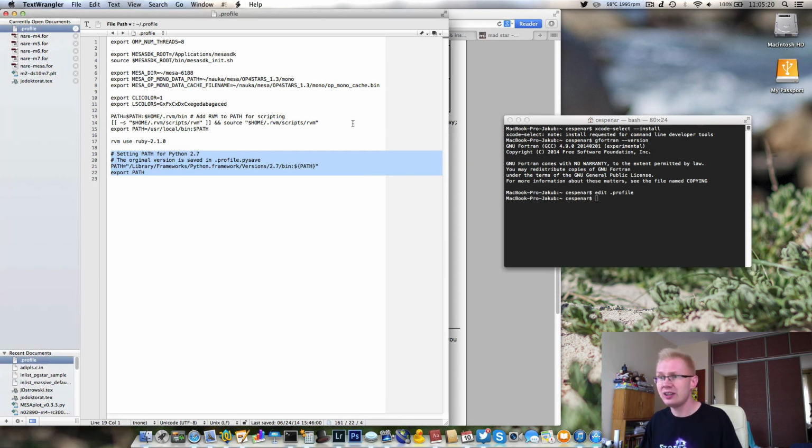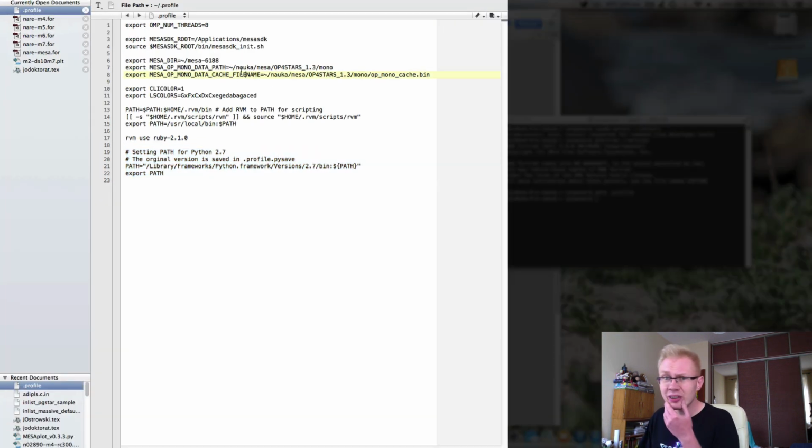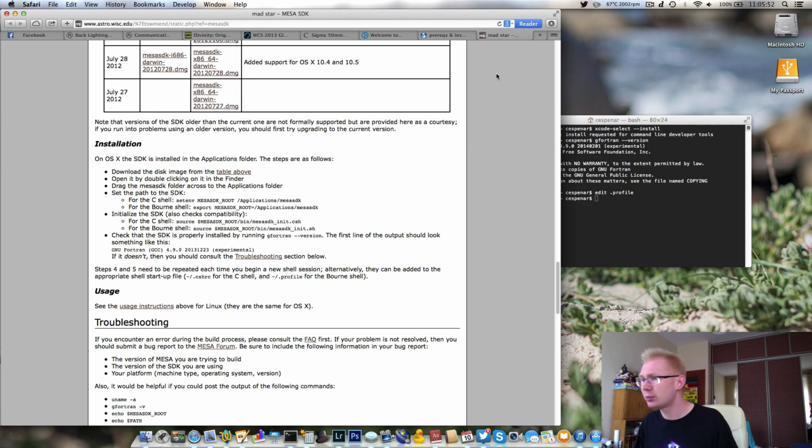So let's edit it. This is the file where you can put a lot of things. You can export the environmental variables here. So take a look here. You've got export MESA_SDK_ROOT and source MESA_SDK_ROOT and so on. And that means that those commands are executed every time I start a new terminal session. So we'll go back to the profile,